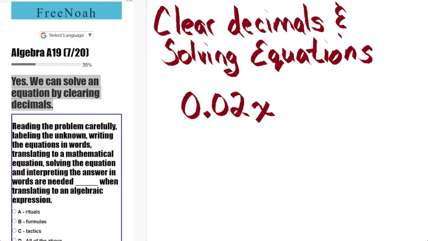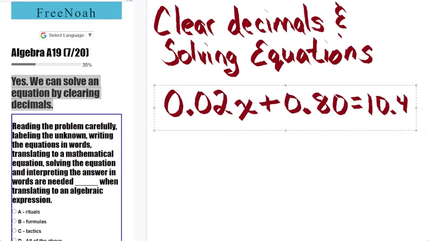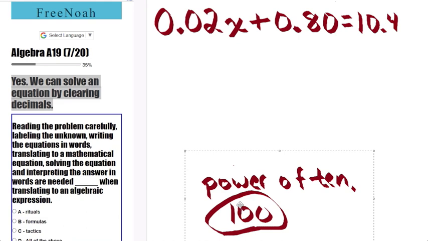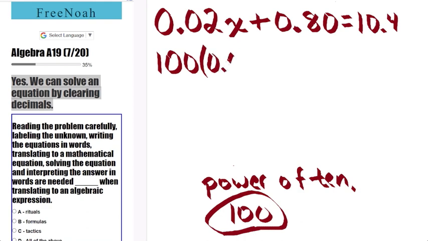So here we have 200 times x plus 8 tenths equals 10 and 4 tenths. What we're going to do here is multiply everything by 100 using the power of 100. A quick little recap: we count the zeros. How many zeros are in 100? 2. And that entitles us to 2 jumps from left to right